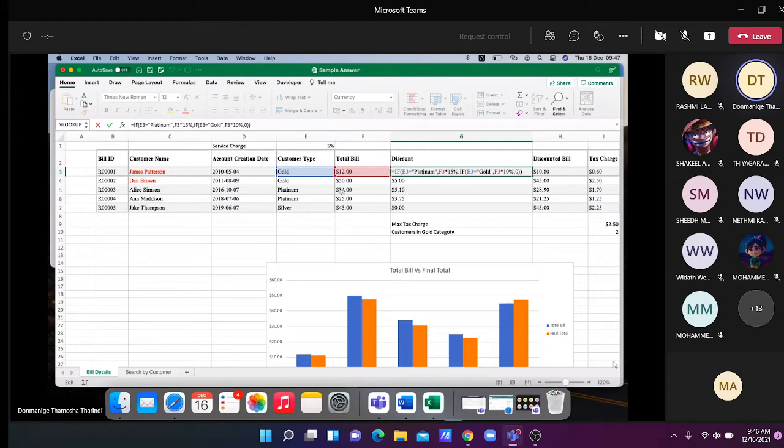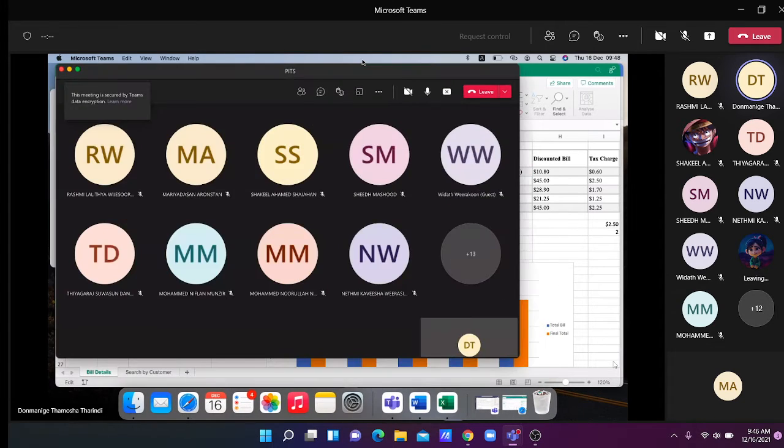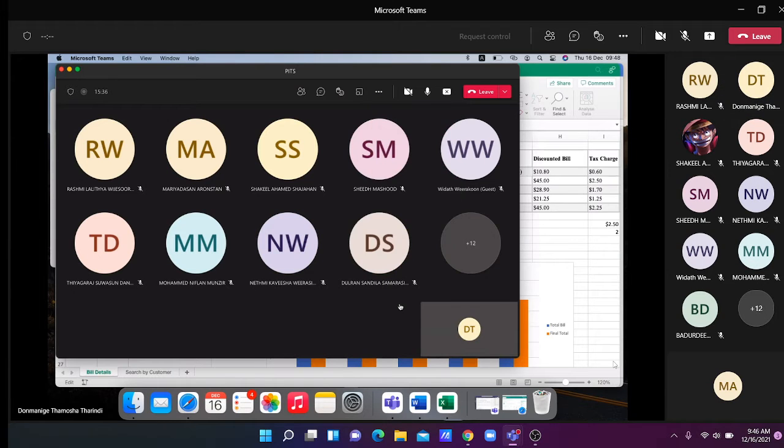If it is not platinum, you would check whether the customer type is gold. If it is gold, you would multiply the total bill by 10%. And if it is not platinum and not gold, the only option left is to take 0. Am I clear, guys?